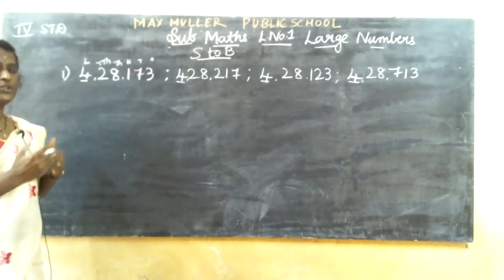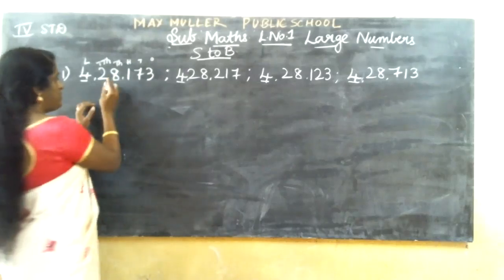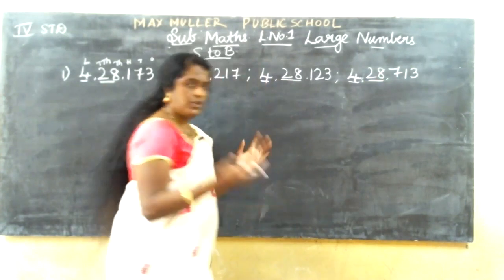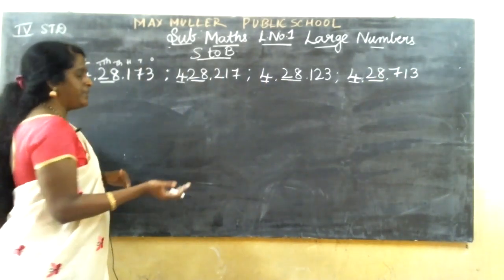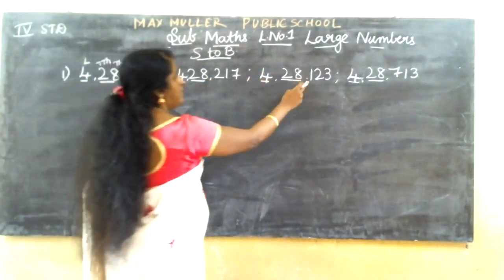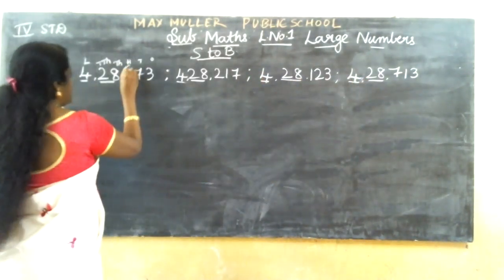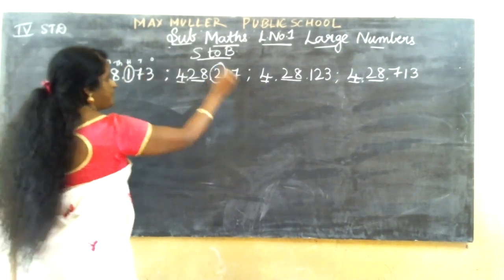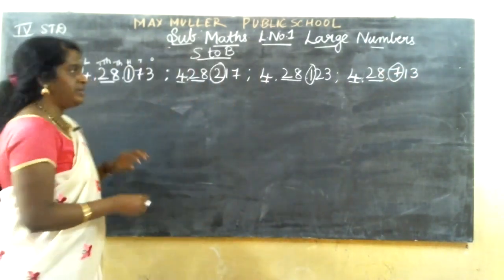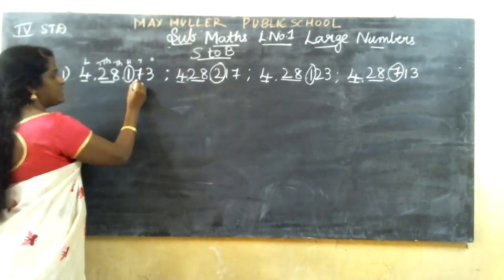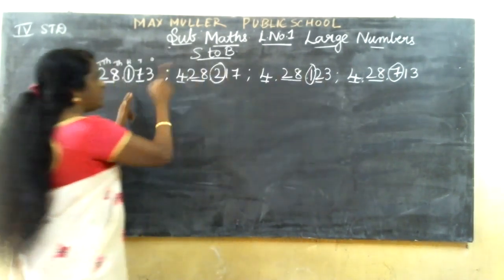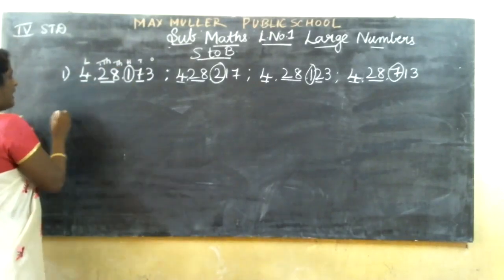If you don't know, what should you do? You should go for the next number. Next number, here 28, 28, 28. What to do? We'll go for the next number. Next is 1, 2, here 1, 7. See, I'll put a circle here: 1, 2 and 1, 7. In this, which is the small number? 1 and 1 are the same, so we'll go for the next number. So 7 and 2. 2 is the small number.